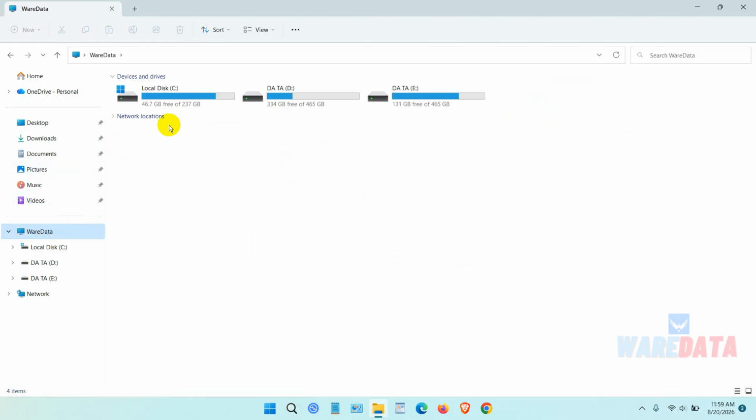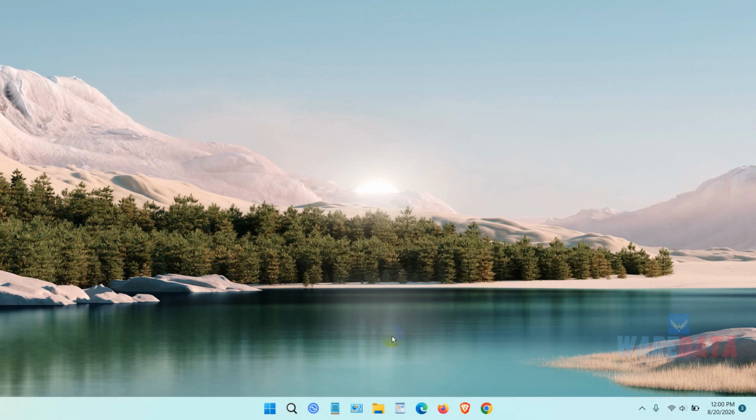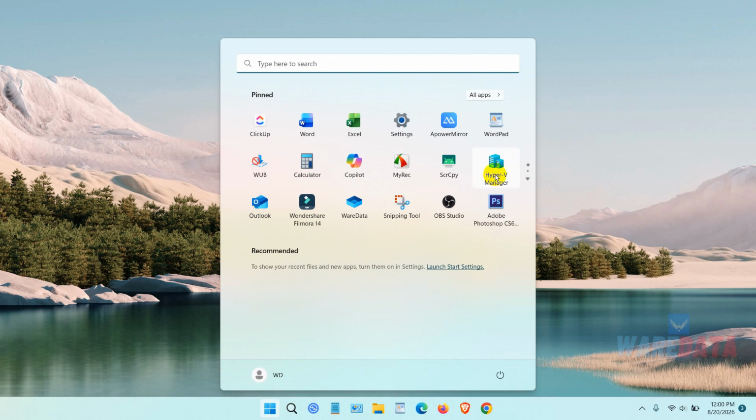And as you can see, the minimum requirement to install macOS Sequoia in Hyper-V is approximately 35 gigabytes. So we recommend you have more than that. In our case, it is more than 40 gigabytes. That's all the requirements. Download the bootable file and make sure your disk space is more than 35 gigabytes, and we suggest you use SSD or NVMe for speed. After that, we can open the Hyper-V Manager,